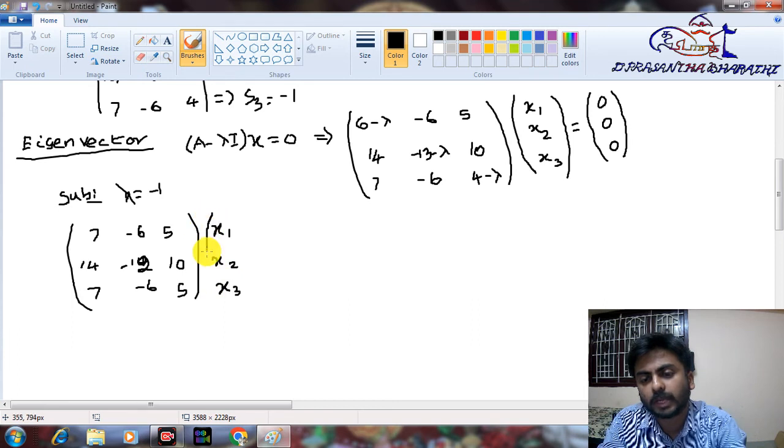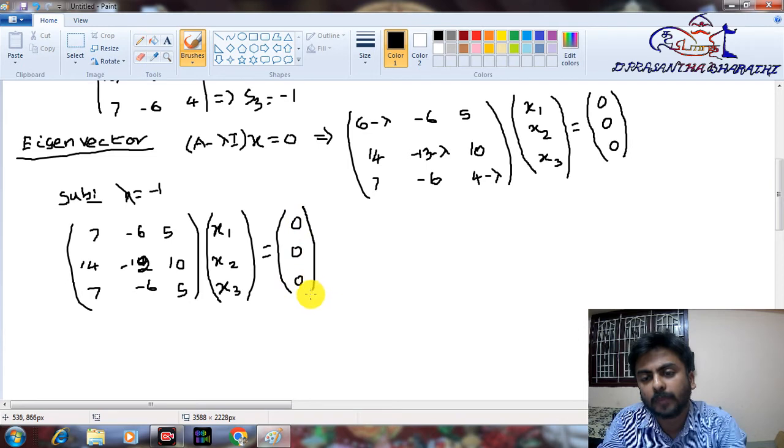So we are having values for lambda now, and we have substituted that value. So now we can write the equations very easily. So how to write the equation? We have to multiply both A minus lambda I matrix, that is this matrix, and this matrix. So now we will have the equation